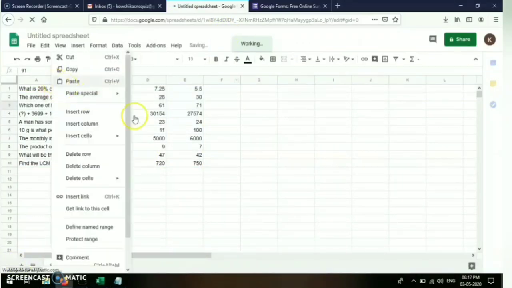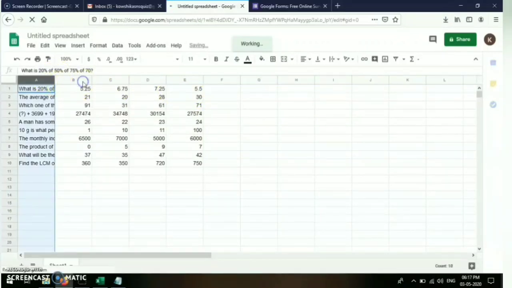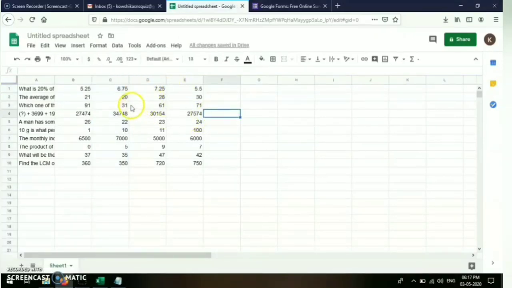So I pasted it. Here in column A, I have the question. In column B, I have the right answer for this question, and column C has some options. D is another option and another option. So from this spreadsheet, we have to create the Google Form.